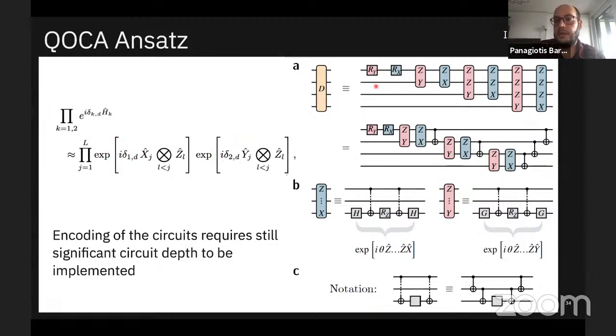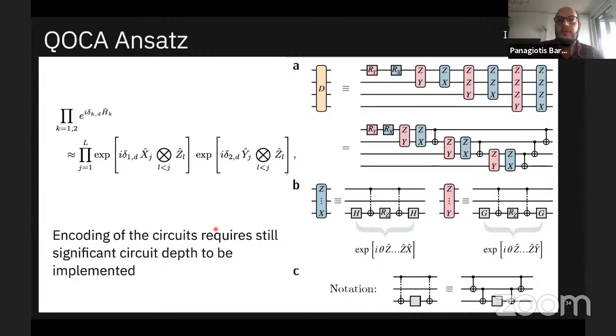And this is exactly the way that we construct the circuit that we show you in panel A of the figure. It seems that this circuit is also quite hungry in terms of circuit depth and requires a significant number of gate operations to be implemented. So this does not, again, look so friendly for near-term quantum computers, but we still thought in the long run and tried to understand how this ansatz can be used and what the perks of using this ansatz can be for near-term quantum computers or even longer-term quantum computers.